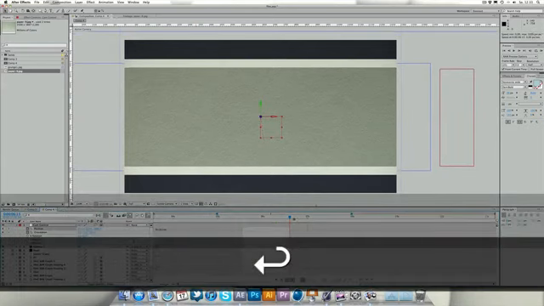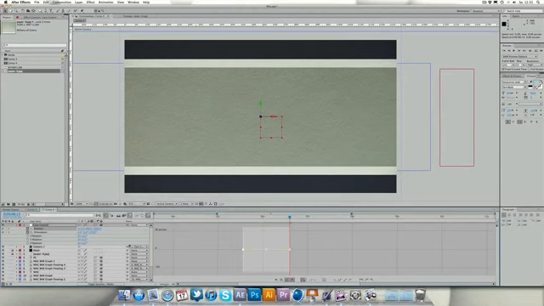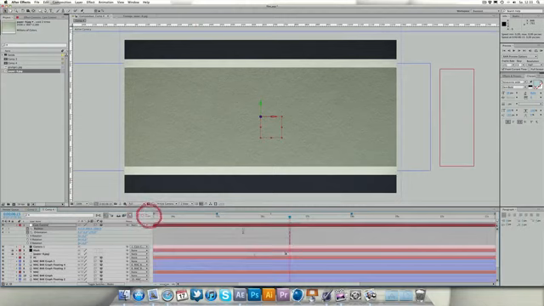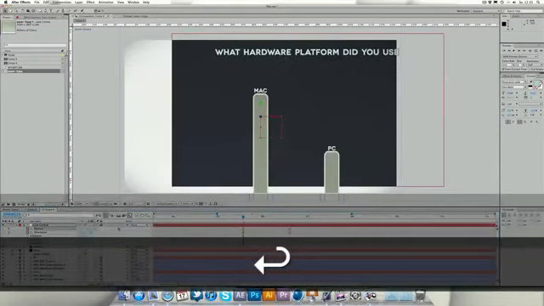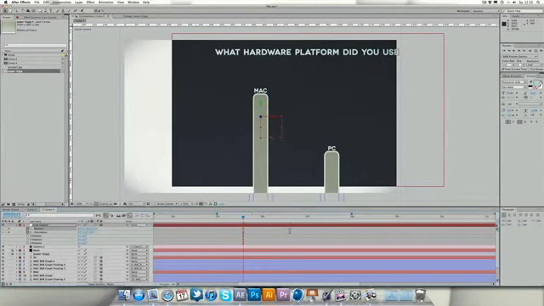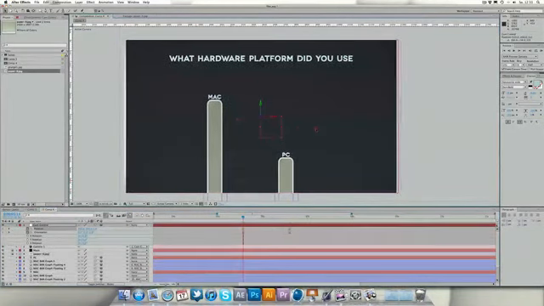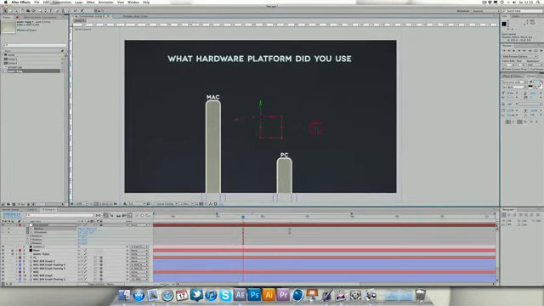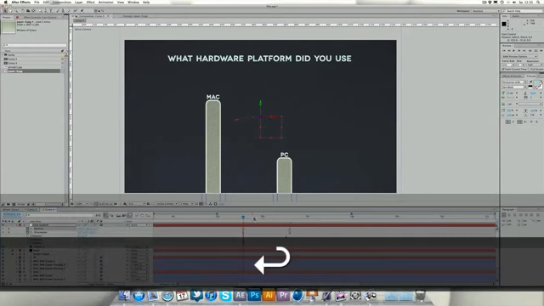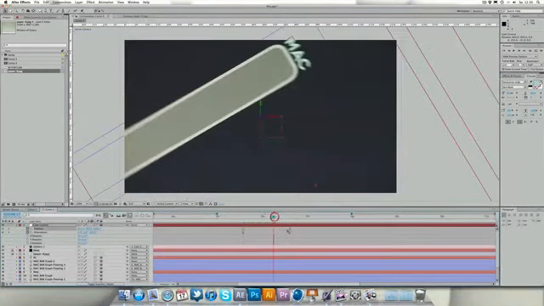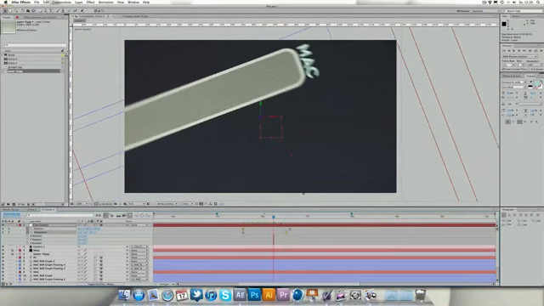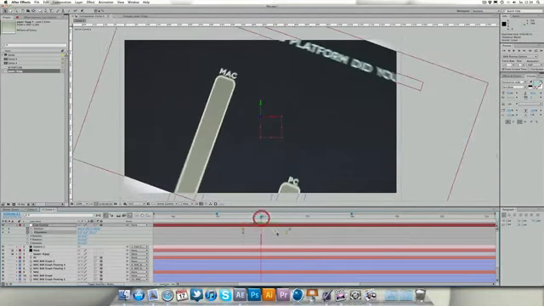So bring this in a bit more. Probably 80, just so that we see our vignette a little bit. Okay, now screw things up. Okay. Okay, that's not good. So make sure you haven't selected anything. Every keyframe, if you change something, we get a little too much rotation, so